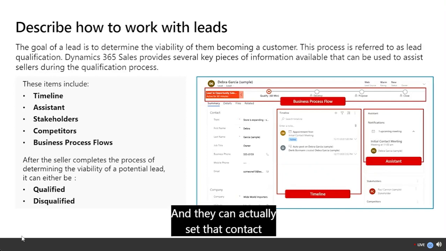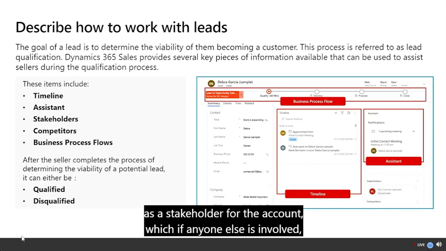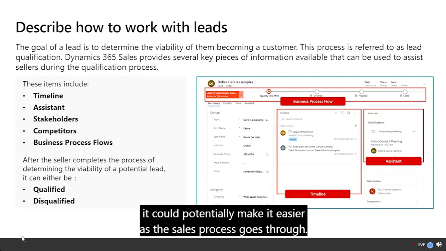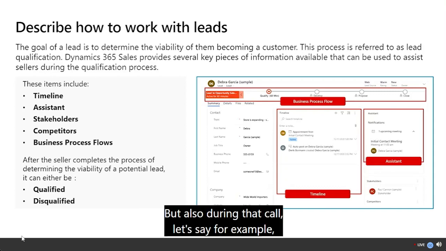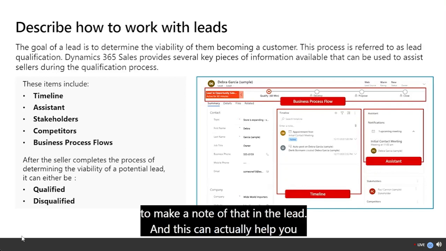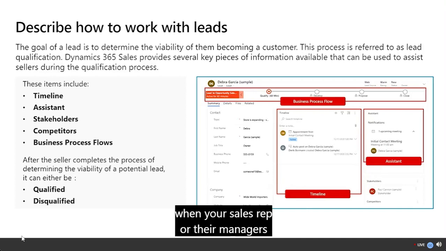And they can actually set that contact as a stakeholder for the account, which, if anyone else is involved, could potentially make it easier as the sales process goes through. But also during that call, let's say, for example, the stakeholder mentions that they have previously purchased a similar product from a competitor. Well, your sales rep should know that they need to make a note of that in the lead. And this can actually help you when your sales rep or their managers are looking at new ways to move